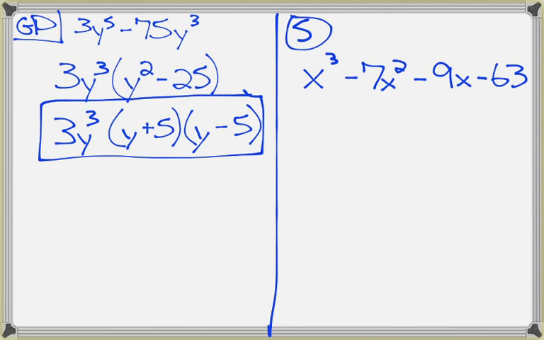I think you would first look at that and say, well, they don't have anything, because your first coefficient is 1, so there's no coefficients they all have in common, and then not all the terms have an x. Put this down the middle. So now, what we're going to look at is we are going to factor the left side, see what we can pull out of that, and factor the right side and see what we can pull out of that. So if we look at the x cubed subtract 7x squared, we pull out the x squared, so I have x subtract 7 in the second part.